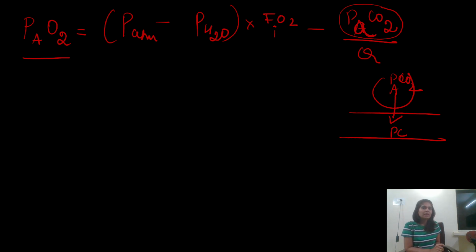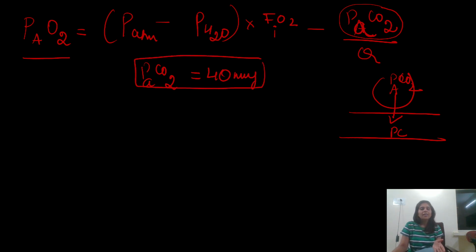That's not the same case for the partial pressure of oxygen, because oxygen diffusion is variable. So if you don't know the alveolar partial pressure of carbon dioxide, it can be substituted with the arterial partial pressure of carbon dioxide, measured using an arterial blood gas analyzer. And even if you don't have that analyzer, you don't have to worry, because most commonly the arterial partial pressure of carbon dioxide will be maintained at 40 millimeter of mercury unless the person presents with type 2 respiratory failure, which